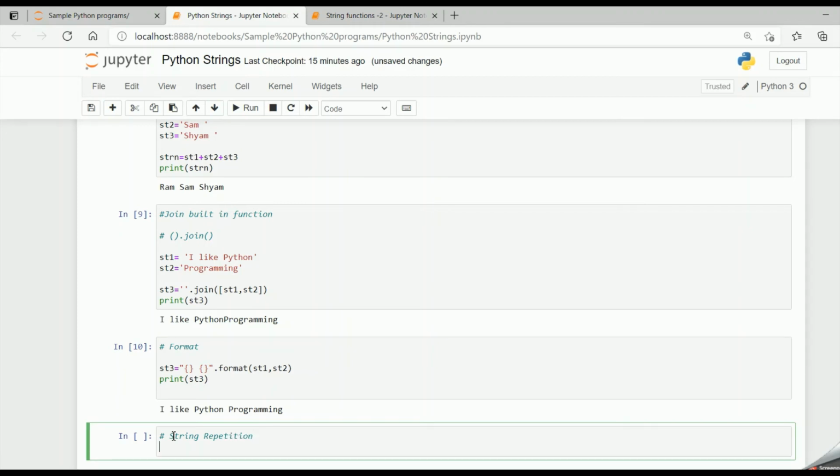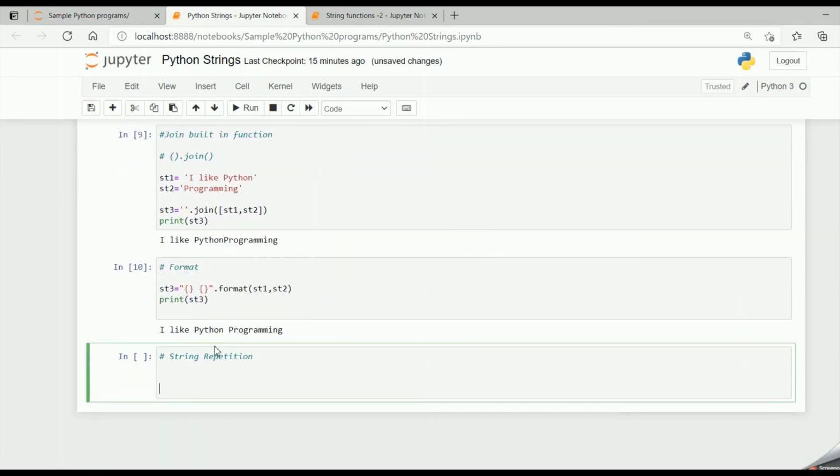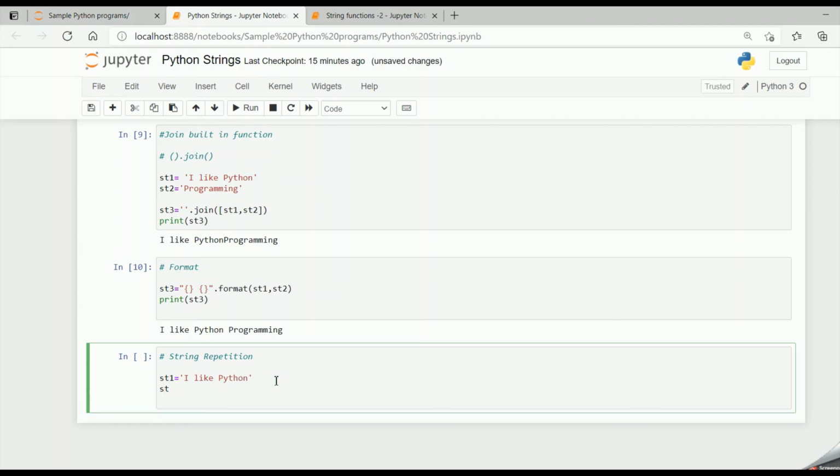Repetition. In this, friends, I take one particular string, st1 equal to I like Python.